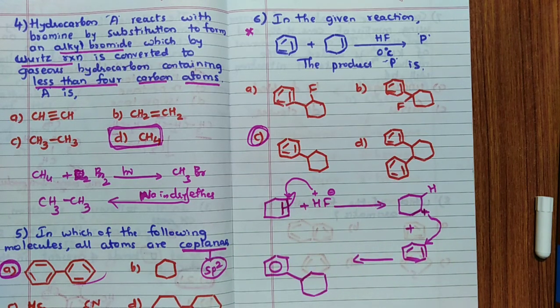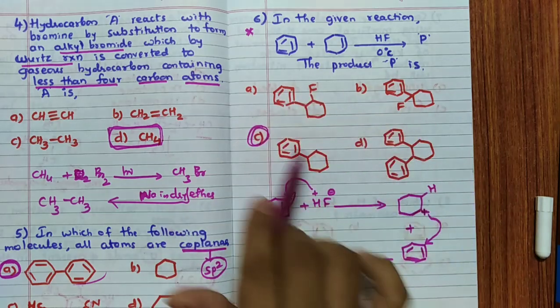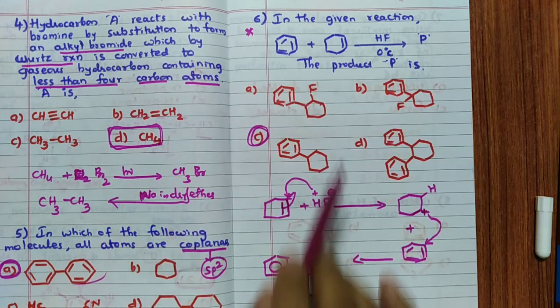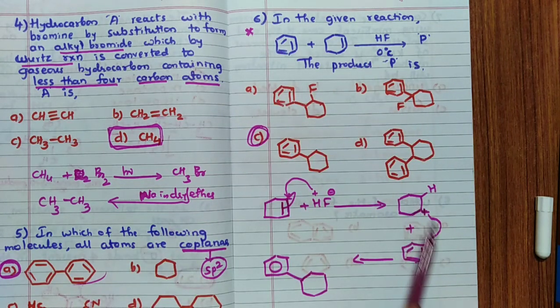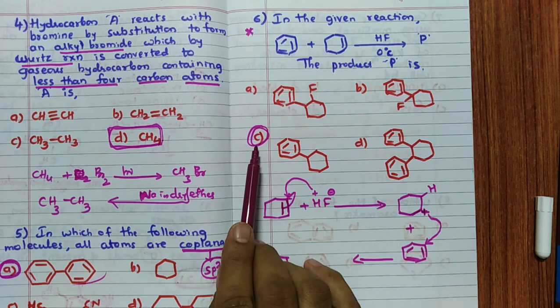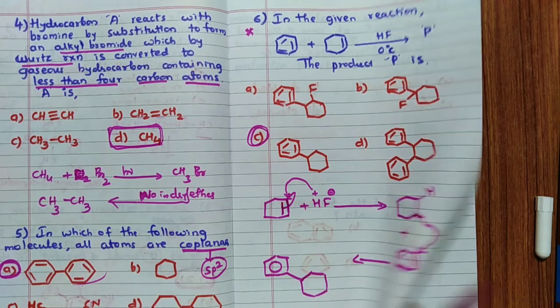the thinking should depend on the options given. Looking at the options given, you will definitely tell this is not the product directly. It will react through an electrophilic substitution reaction, forming this product, remember. So the answer for this question is C.